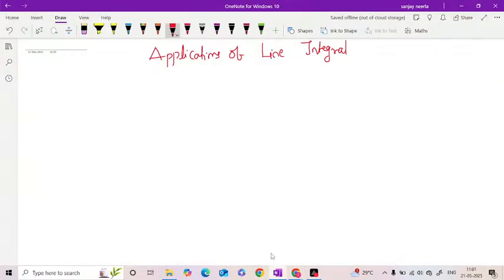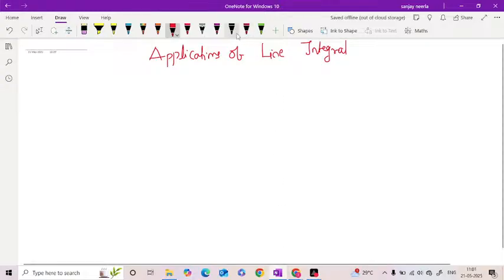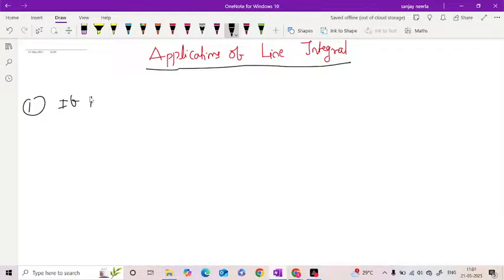Okay. So now today we will discuss a few applications of line integrals. The first one is, suppose F be a vector, and this F is a force field, and here we are assuming F equals f1 i plus f2 j plus f3 k, and